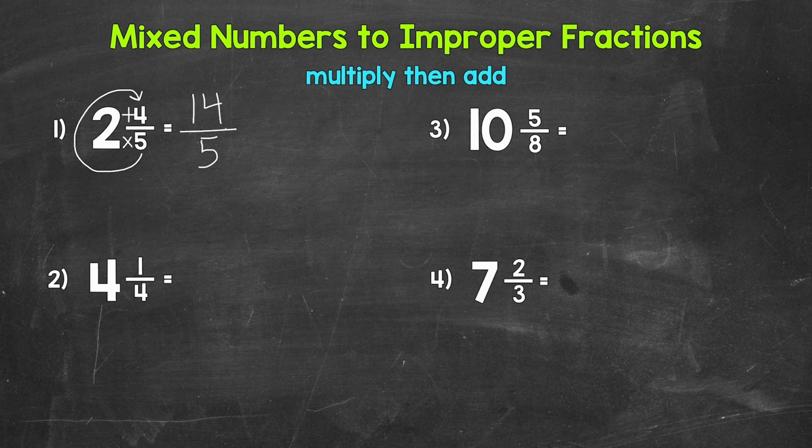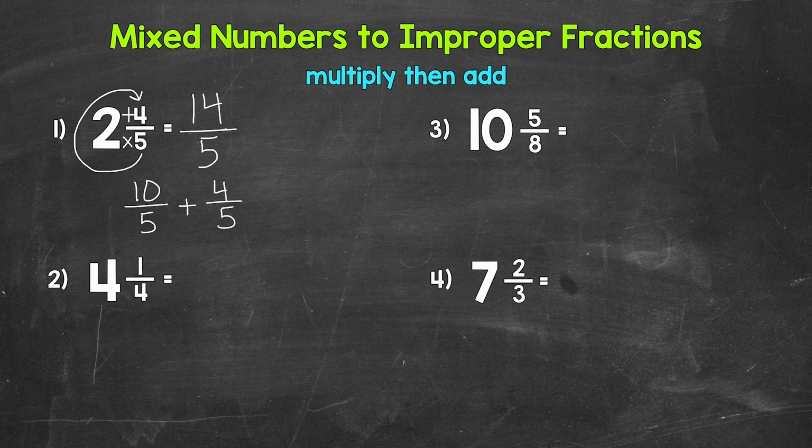Now, to break this down a little further and to explain how this works, what we basically do here, when we multiply, that gives us our whole number as a fraction with whatever denominator we have. For example, we did 5 times 2 here, and that gives us 10. And if we write that over our denominator of 5, we have 10/5. That's our whole number of 2 written as a fraction. 10/5 equals 2. Then we add the numerator, which is 4. So we have 10/5 plus